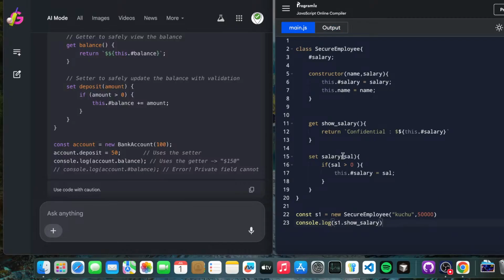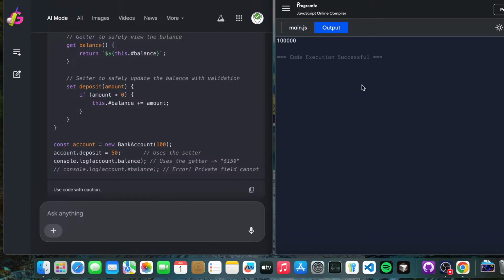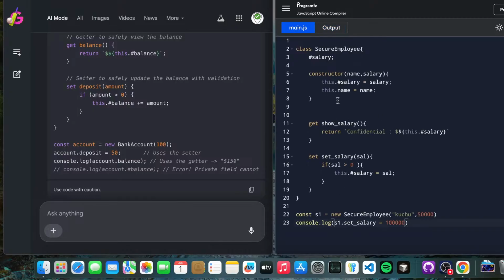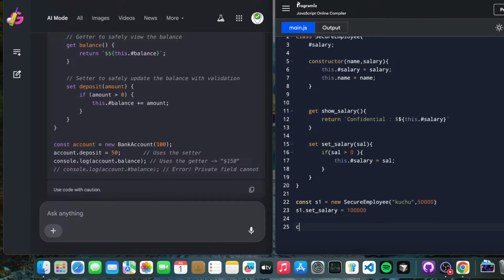Okay, confidential 50 and set salary. So now we set salary equals 1 lakh. Let's see. Okay, 1 lakh has been added there. So after adding this, just remove this, and console.log s1 dot show salary. Okay, so previously we just got confused because